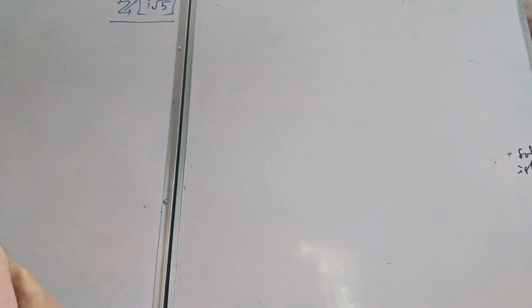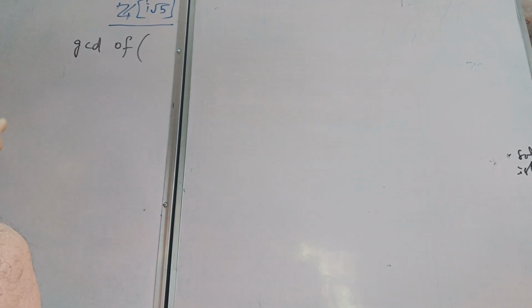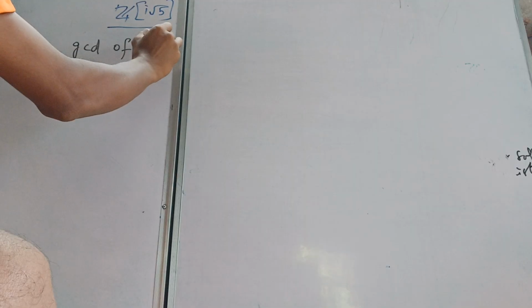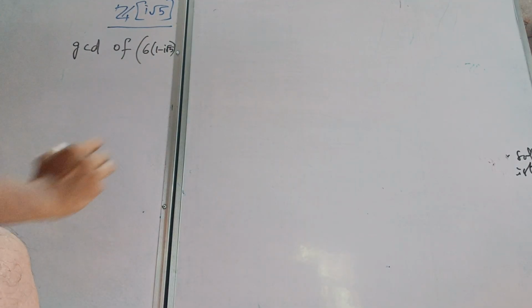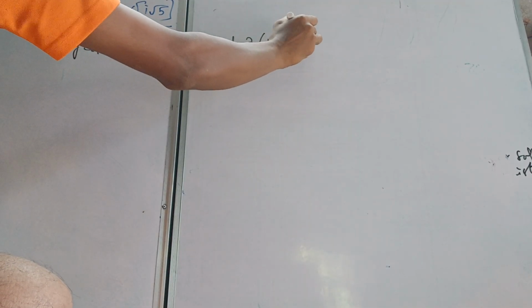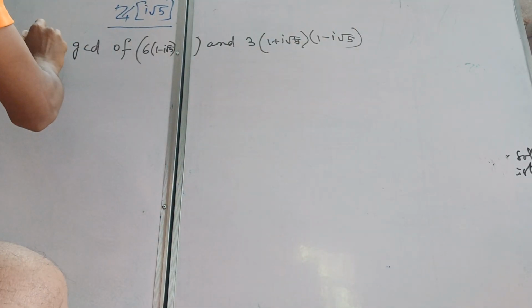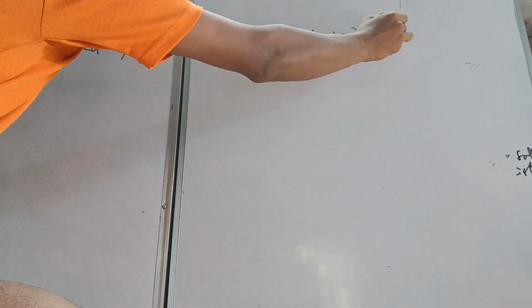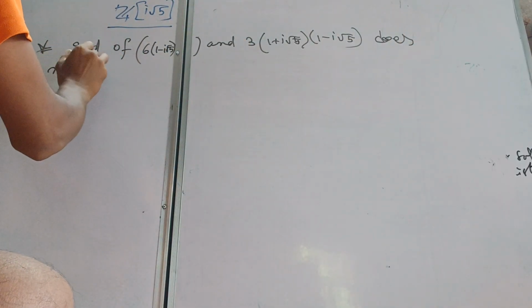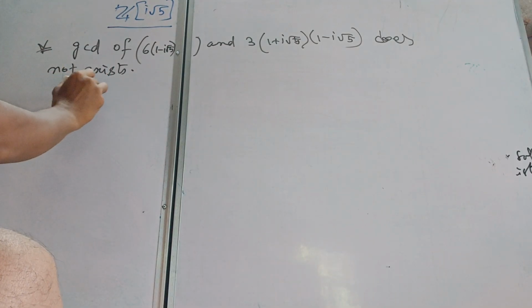So now we also see that this GCD of 6 multiplied by 1 minus i root 5, and here 3 multiplied by 1 plus i root 5 and 1 minus i root 5, does not exist. So that means how we obtain now. We also see that 6 times 1 minus i root 5,